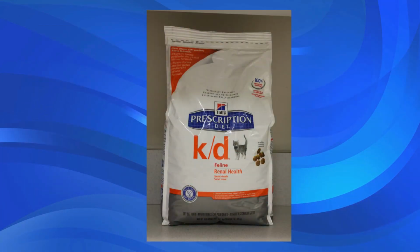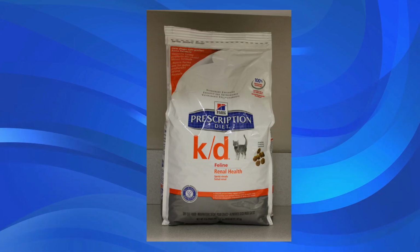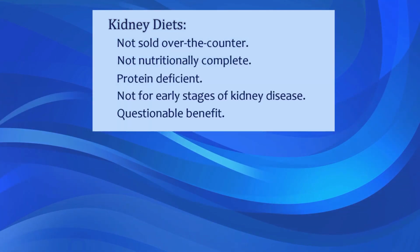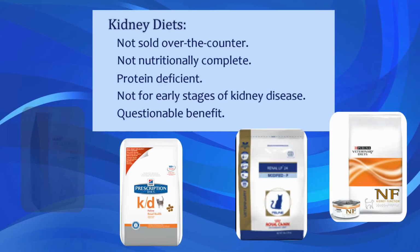life. With respect to food, it's been pretty much shown that a low-protein diet does not help prevent kidney disease in cats, and that it can be harmful. Renal diets are not sold over the counter. This is because they are not nutritionally complete. They are deficient in protein. There isn't